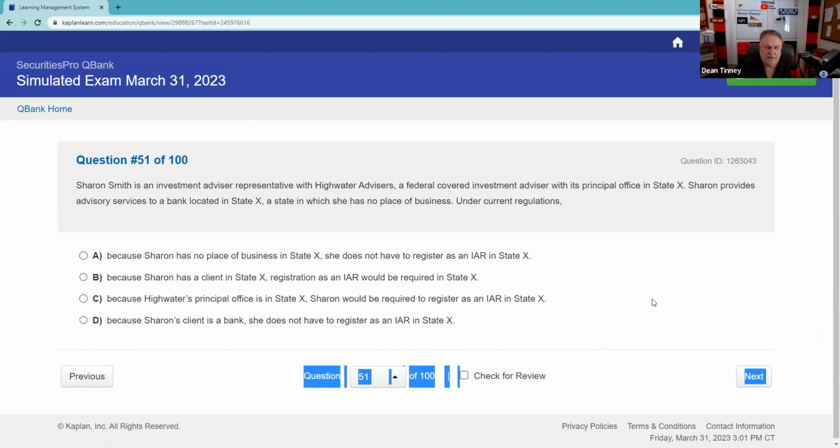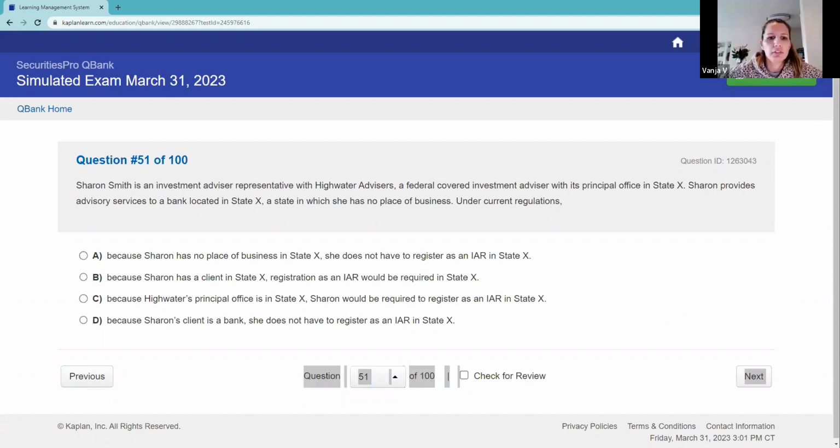Sharon Smith is an investment advisor representative with Highwater Advisors, a federally covered investment advisor with its principal office in State X. Sharon provides advisory services to a bank located in State X, a state in which she has no place of business. Under current regulations, Sharon is an investment advisor for federally covered investment advisors. So because Sharon has no place of business in State X, she does not have to register as a